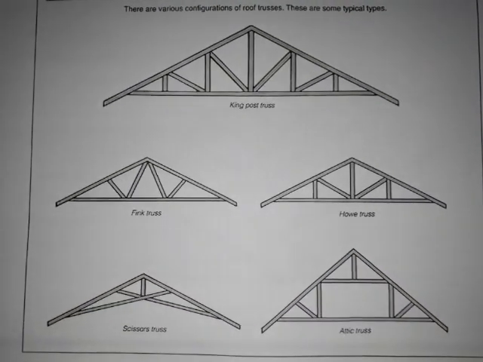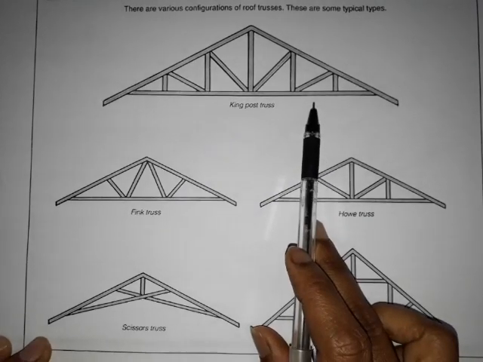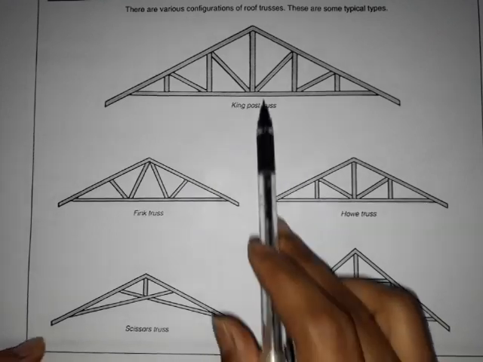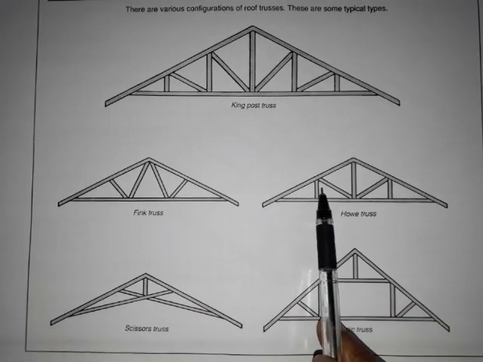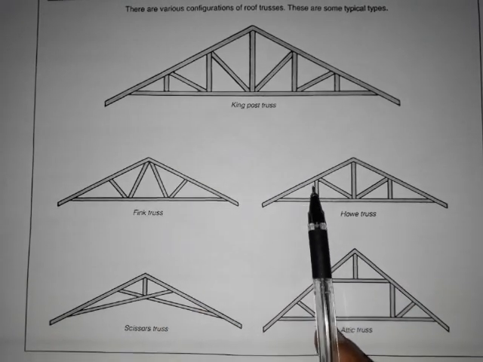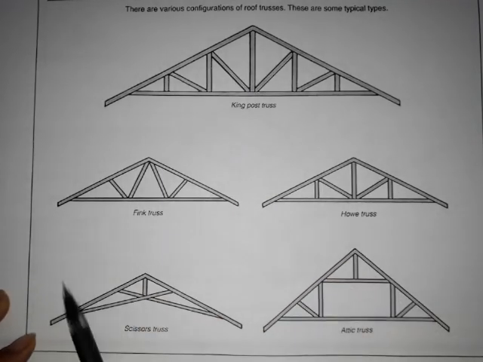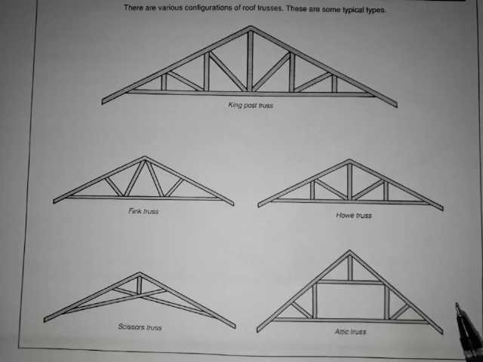Okay, so these are the common truss configurations. What you can see here, there are more than this. Whatever I have shown here, there are some other types of configurations available, but just for the information, these are the basic configurations of roof truss. These are the typical cases generally used in construction, generally used in industrial structures.